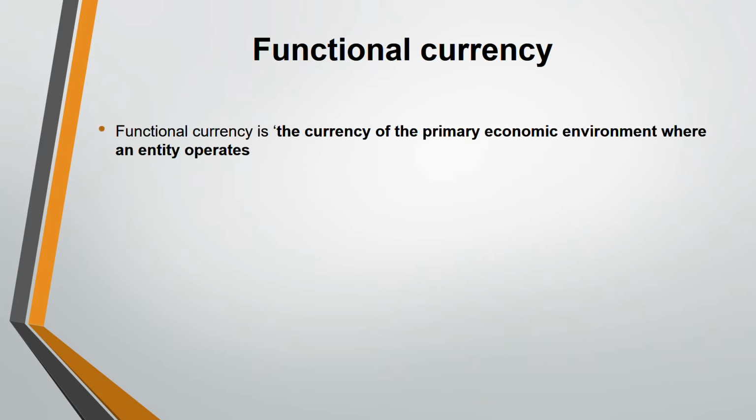What is functional currency? It is the currency of the primary economic environment in which an entity operates. That means wherever your primary economic environment is, that currency is known as your functional currency. And how do you determine it? There are 5 factors to determine functional currency,